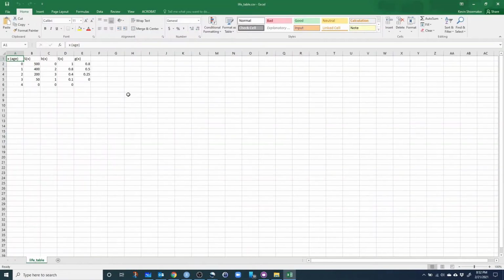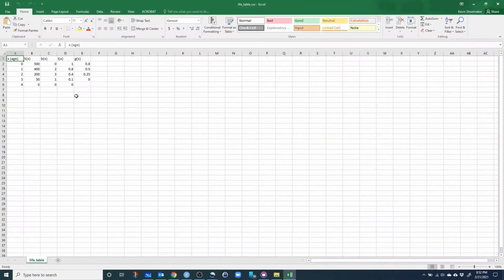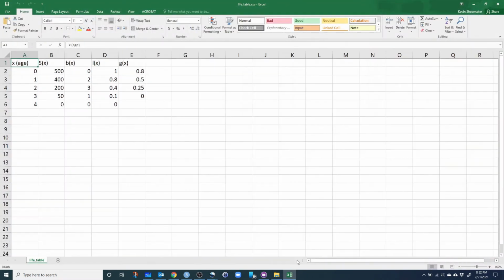There we go. I will make this a little bigger so you can see it. This life table